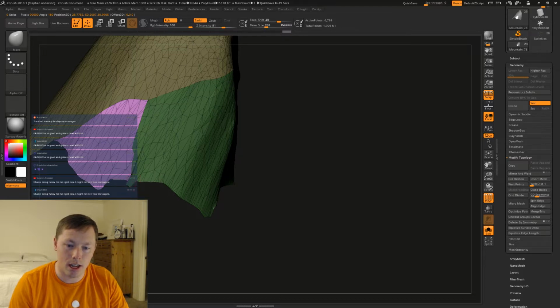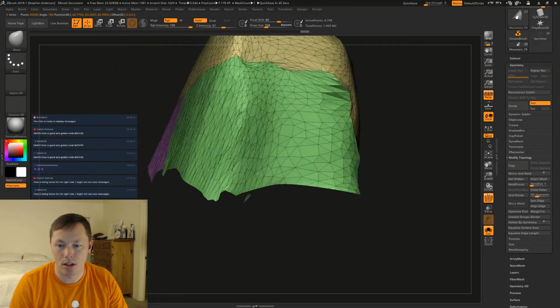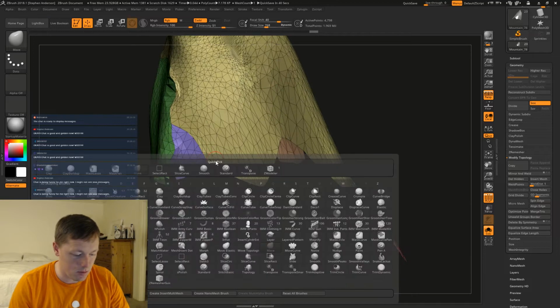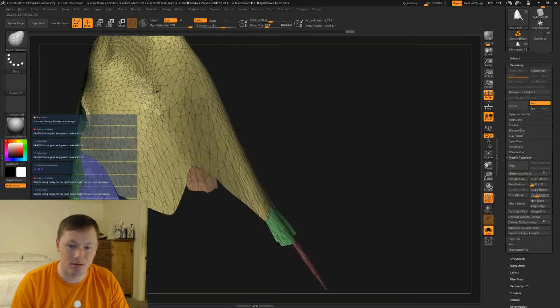We'll just take this edge up. I don't need them to be level. So one of the other things that I could do is use my move topological and use that to kind of pull pieces around. Very helpful. I dig it.